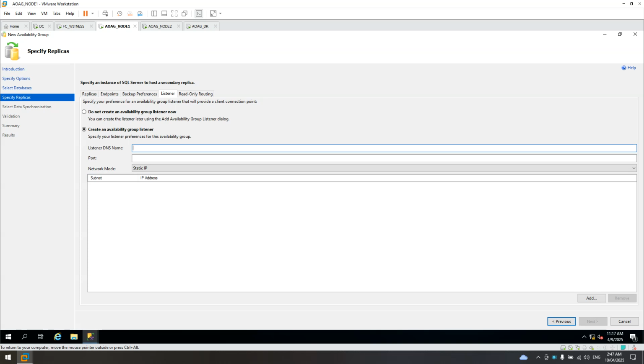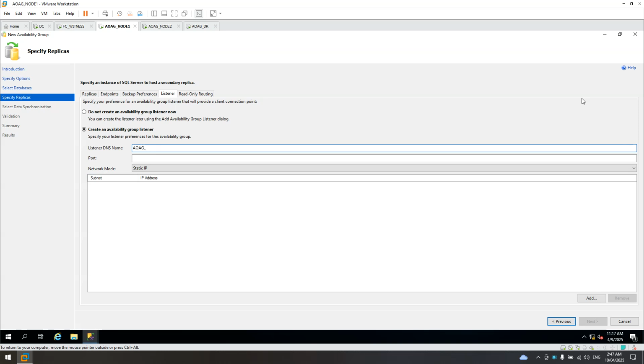That's why we need a listener. The listener's DNS name will be used in your application because if node 1 fails, it will automatically fail over to node 2, but the listener name will still be the same in your application. So it's the AG DNS listener.